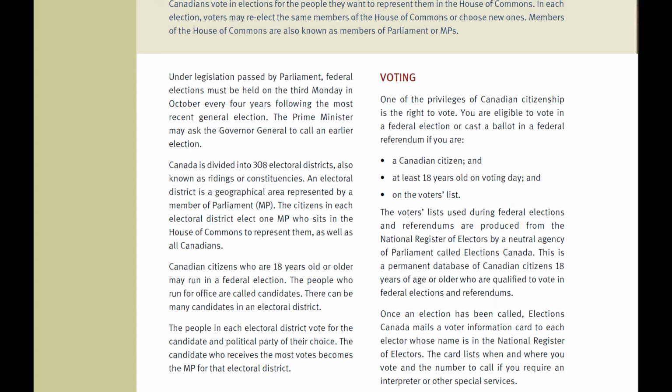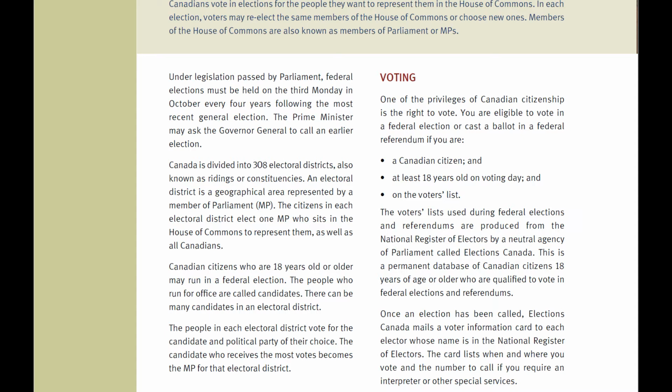The voters list used during federal elections and referendums is produced from the National Register of Electors by a neutral agency of Parliament called Elections Canada. This is a permanent database of Canadian citizens 18 years of age or older who are qualified to vote in federal elections and referendums. Once an election has been called, Elections Canada mails a voter